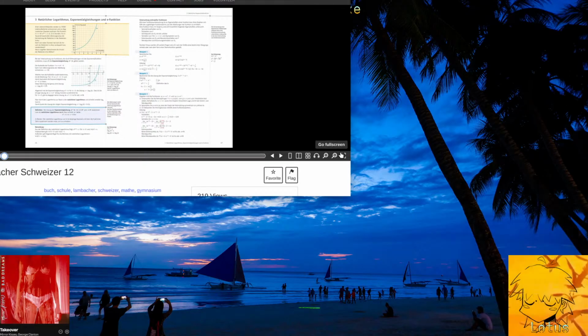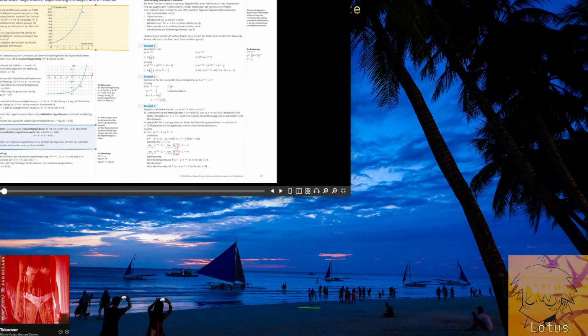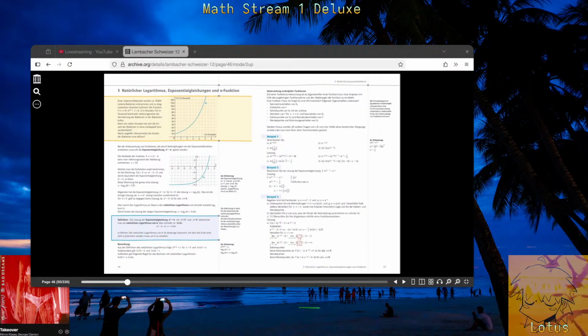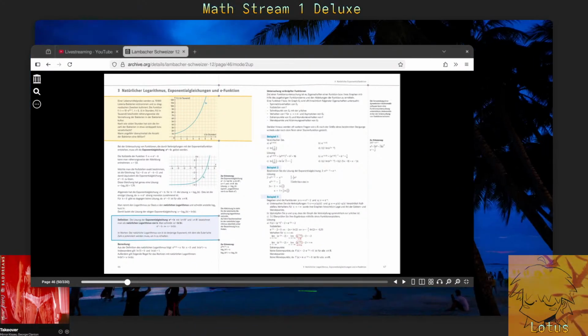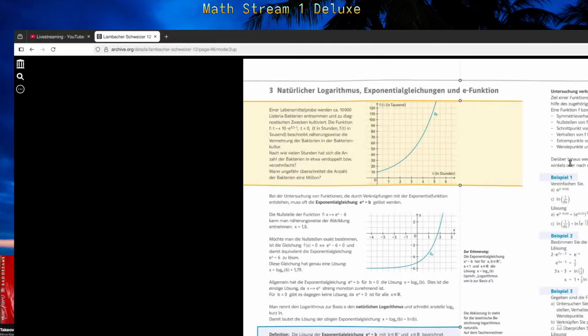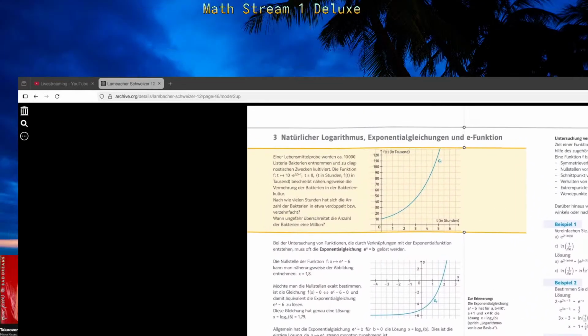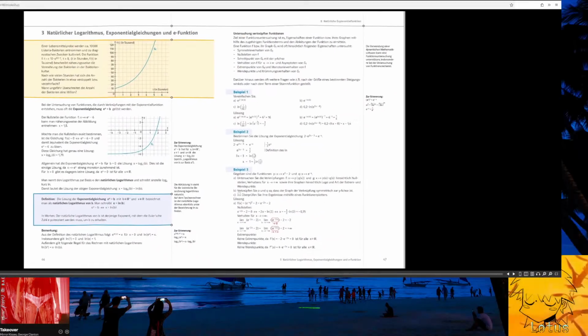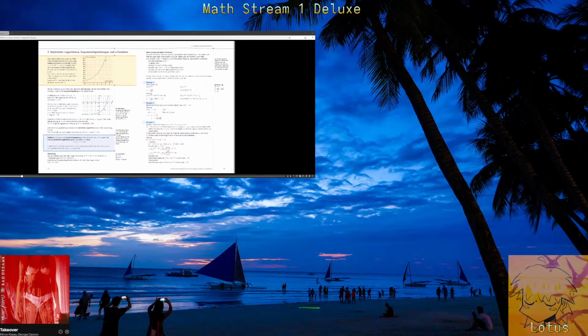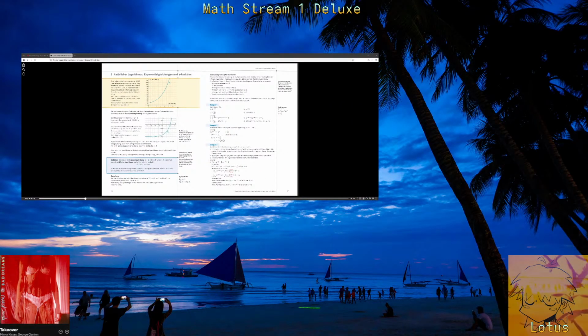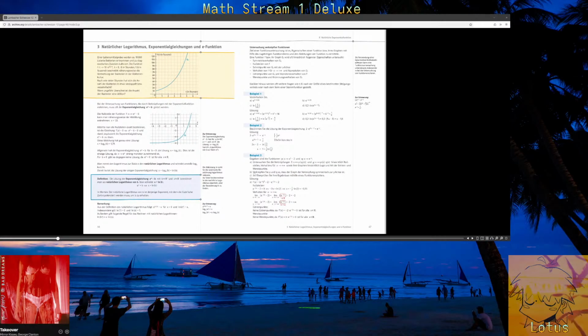Also, let's make this a bit smaller. Make it full screen. Oh, let's actually make it a bit bigger, just 500%. Maybe I just write